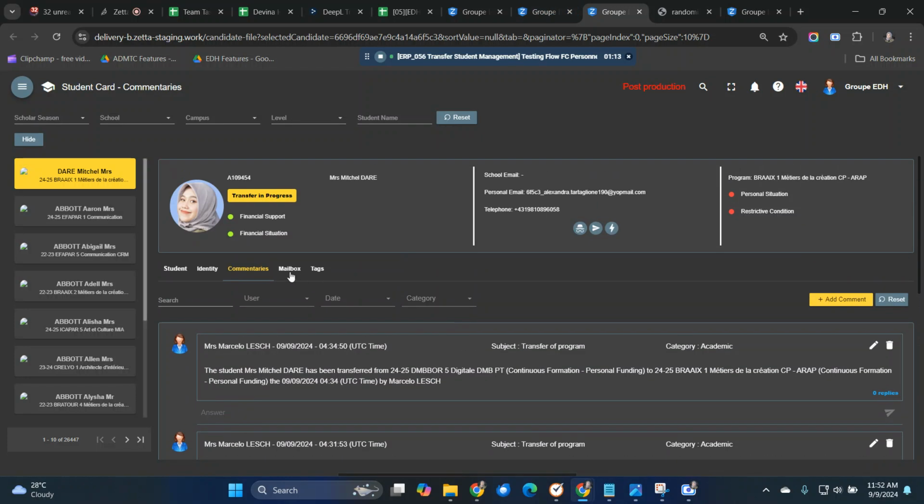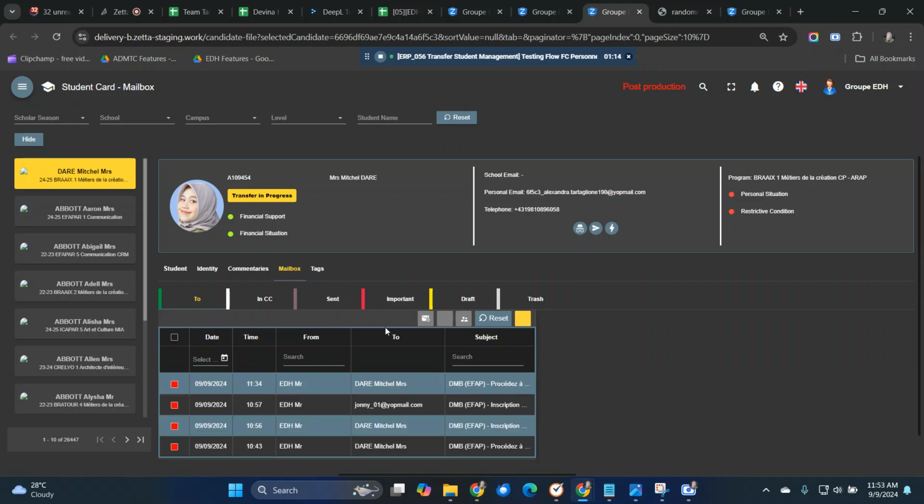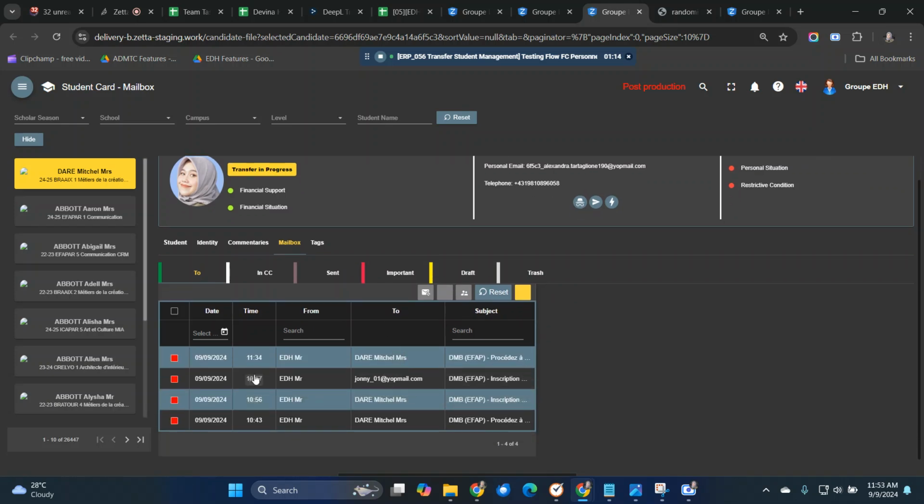After I transfer, I should receive the transfer program form notification. But when I check in the mailbox, I receive the same admission form notification like here.